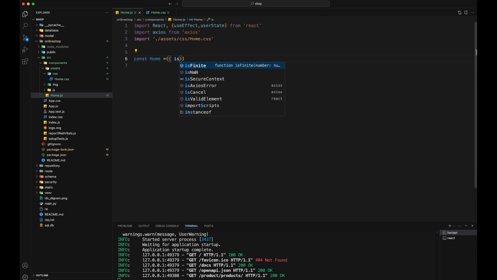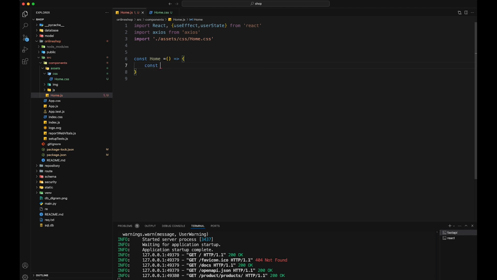For the home page, we don't need any authentication. And if we need to do that, we don't need it. Okay, now I can say from here just const